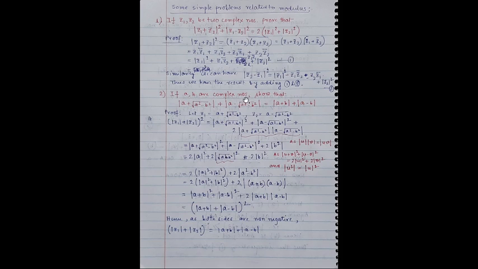Well, the next one looks a bit complicated, but it's very basically simple. See, if A, B are complex numbers, very unusual to write a complex number like A, B. Usually we write real numbers as A, B. So if A and B are complex numbers, then show that this thing happens. This is equal to this. This is a much longer expression, but it turns out to be this simple thing. For simplicity, let's denote this and this, and now